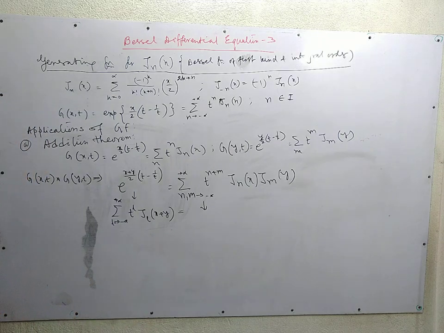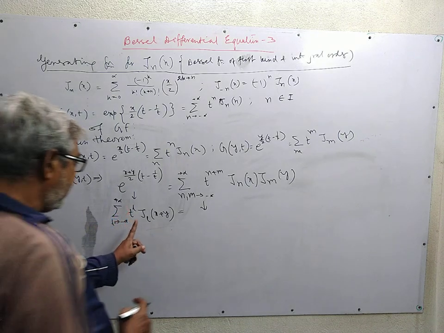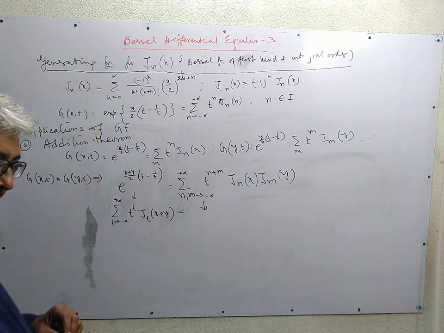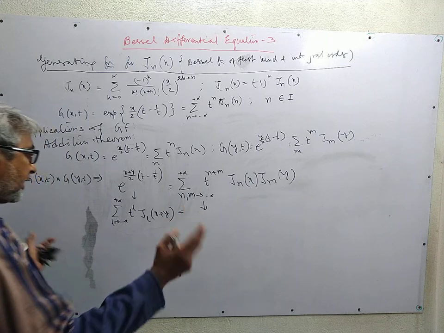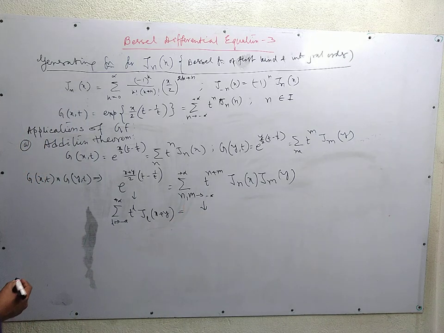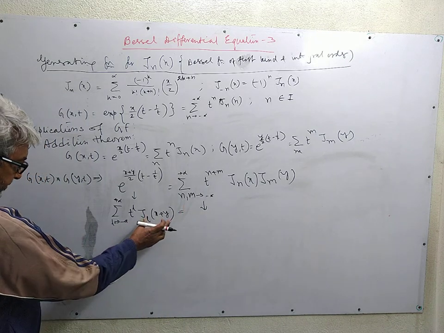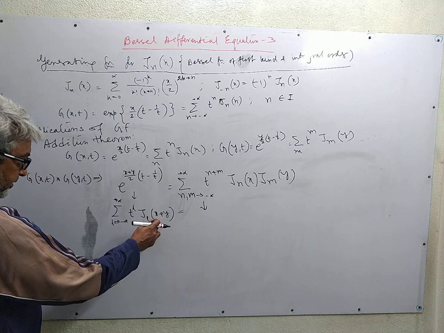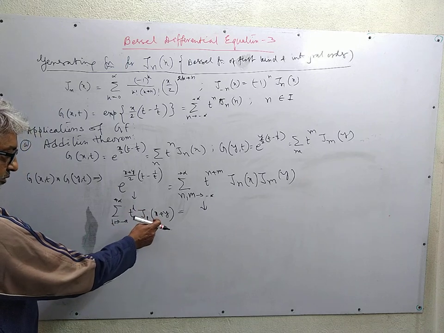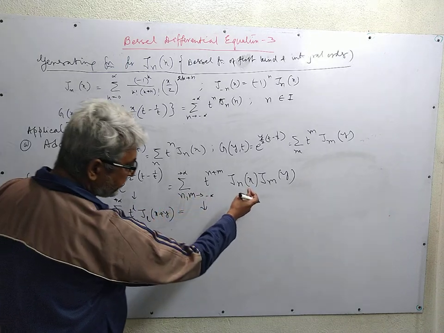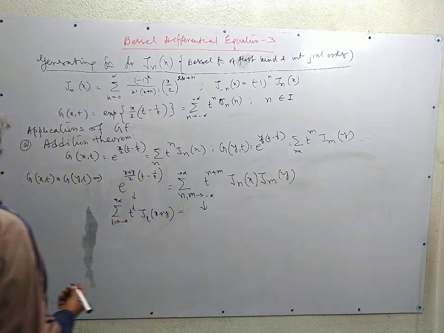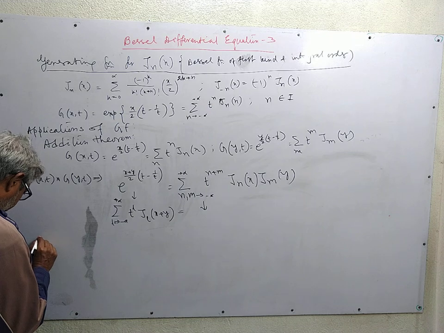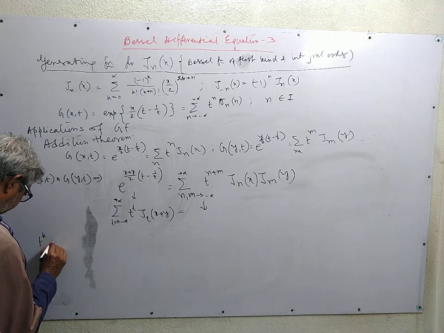Now this is an identity in t. So if we equate the coefficient of a particular power of t on either side, we get a relation involving the Bessel function of the first kind with argument x plus y, with the Bessel functions of the first kind with argument x multiplied by argument y. So the coefficient of t to the power k gives